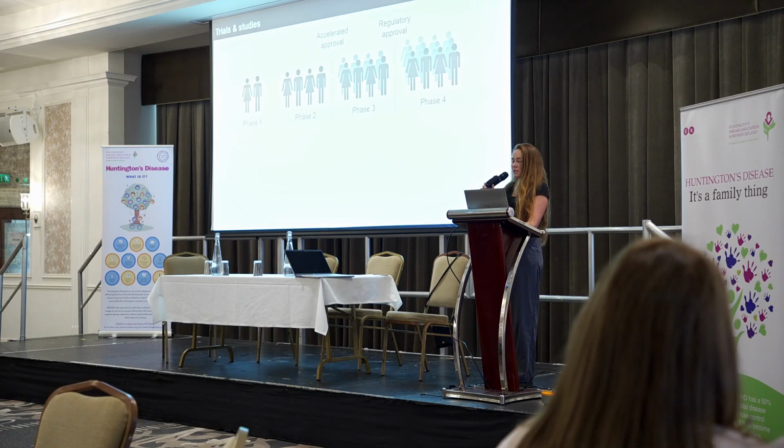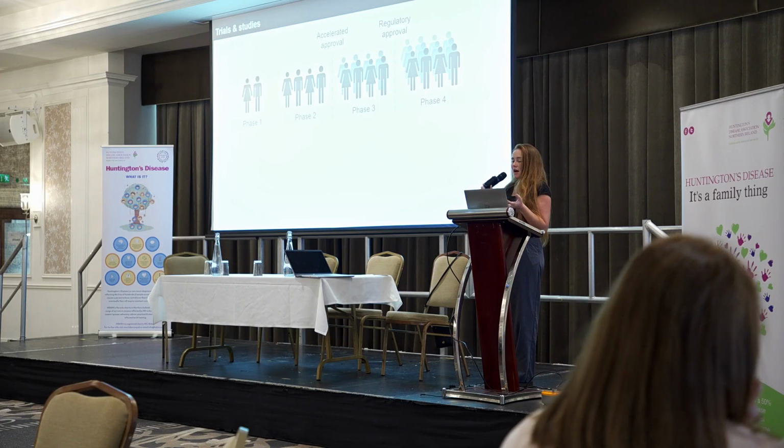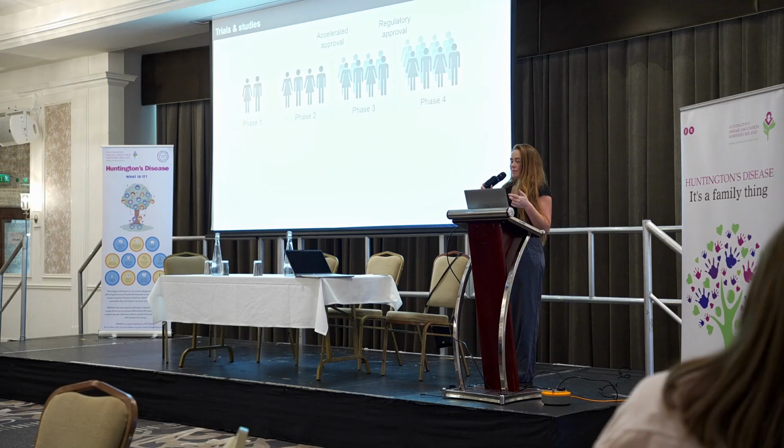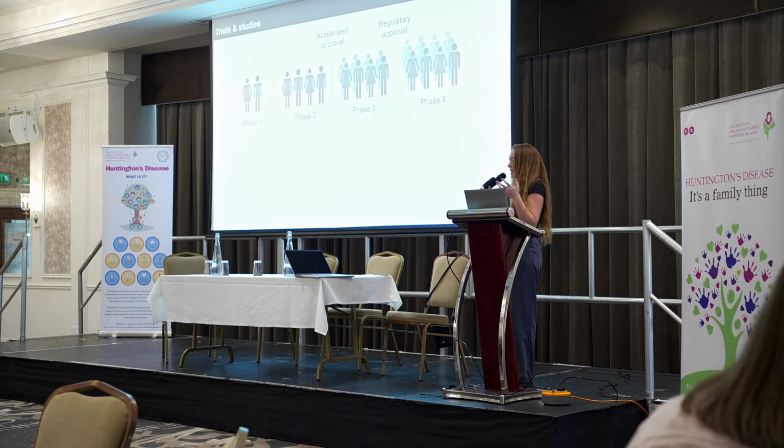Phase 2 trials will be in a slightly bigger cohort, and as well as looking at safety, they also aim to assess whether a drug is effective in targeting whatever it is trying to target. So, for example, if it was to lower the Huntington protein, then it will check to see if the